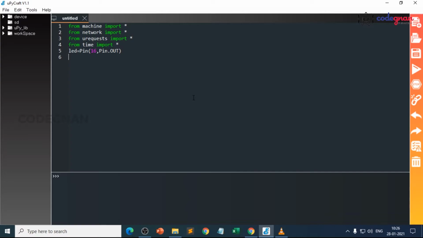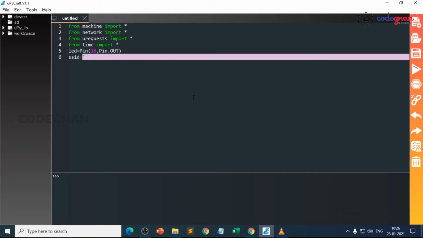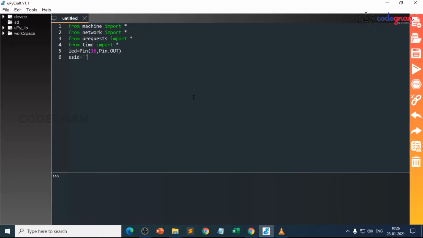So declare here itself SSID equals to COE, and password equals to.